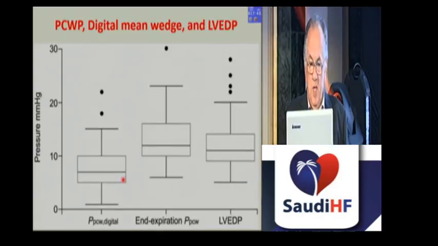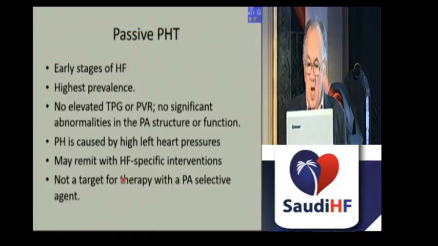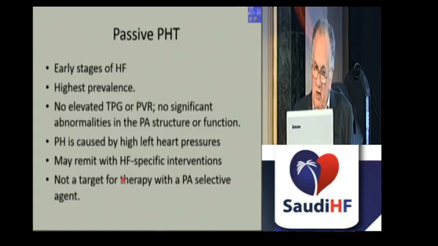Also, he was kind enough to show you this slide, which again demonstrates a close correlation between the end expiratory wedge pressure and the left ventricular end diastolic pressure as compared to the digital mean. Now, we have two categories here. Passive pulmonary hypertension, which characterizes the early stages of most patients with left-sided failure. It has the highest prevalence, and this situation is caused by left heart pressures. And it may remit with heart failure specific interventions, and this is not a target for therapy with pulmonary artery